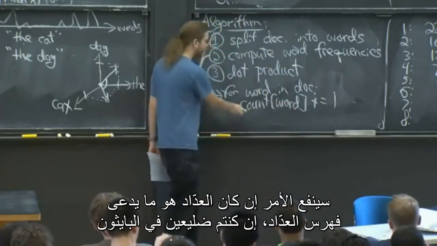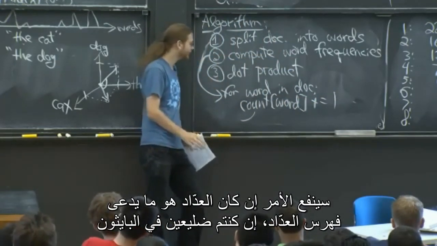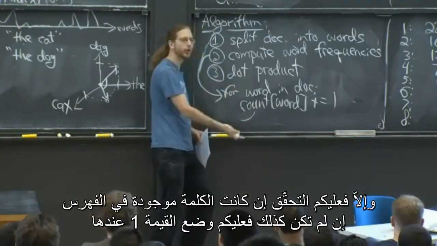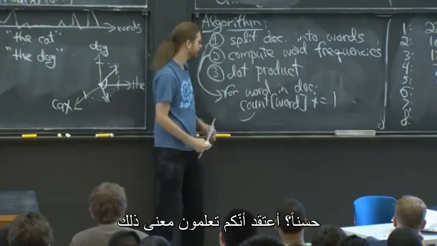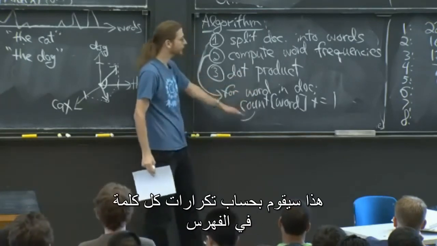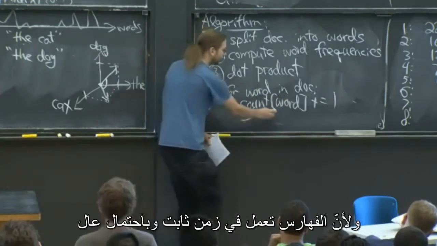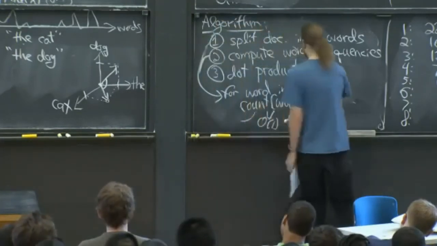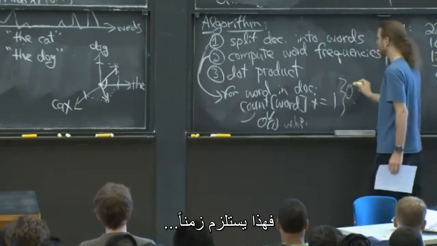This would work if count is something called a count dictionary, if you're a super Pythonista. Otherwise, you have to check: is the word in the dictionary? If not, set it to 1. If it is there, add 1 to it. But I think you know what this means. This will count the number of words. This will count the frequency of each word in the dictionary. And because dictionaries run in constant time with high probability, this will take order,